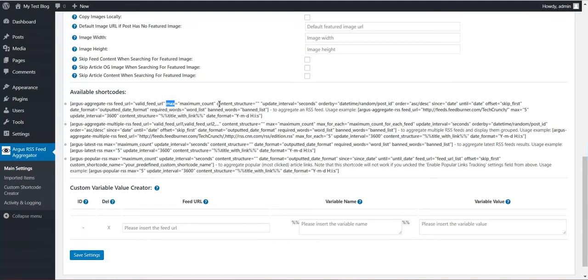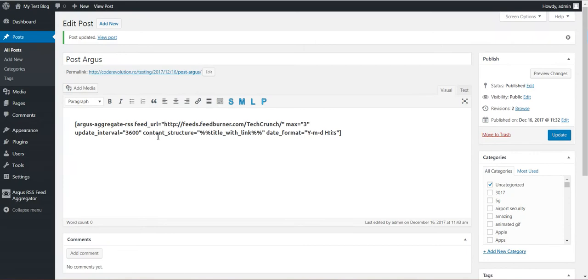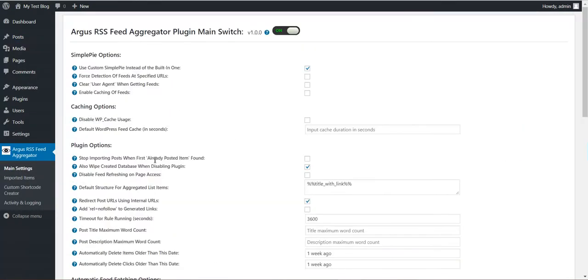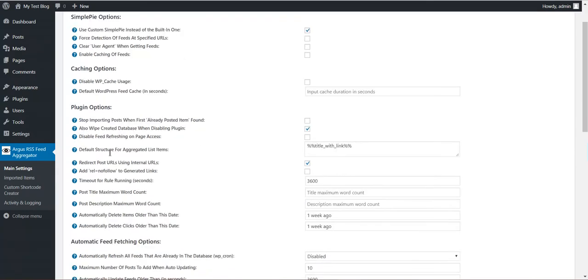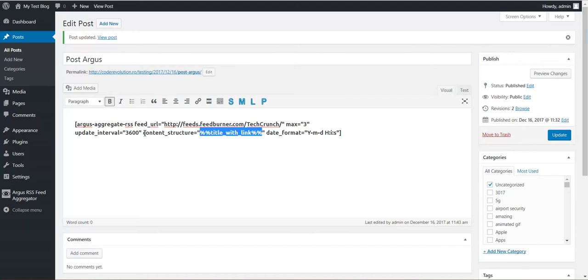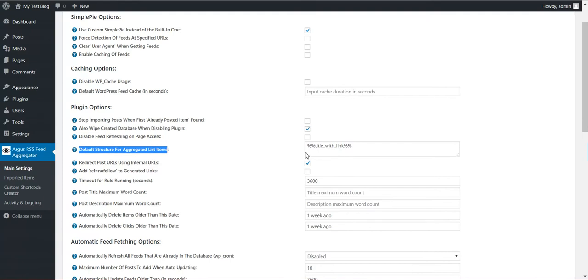Content structure. Here you can change the way the links or the items are being displayed. Here you can set a default content structure for aggregated list items. If you don't set this parameter for the shortcode, then this will be considered. Here you can see also the valid shortcodes that you can use